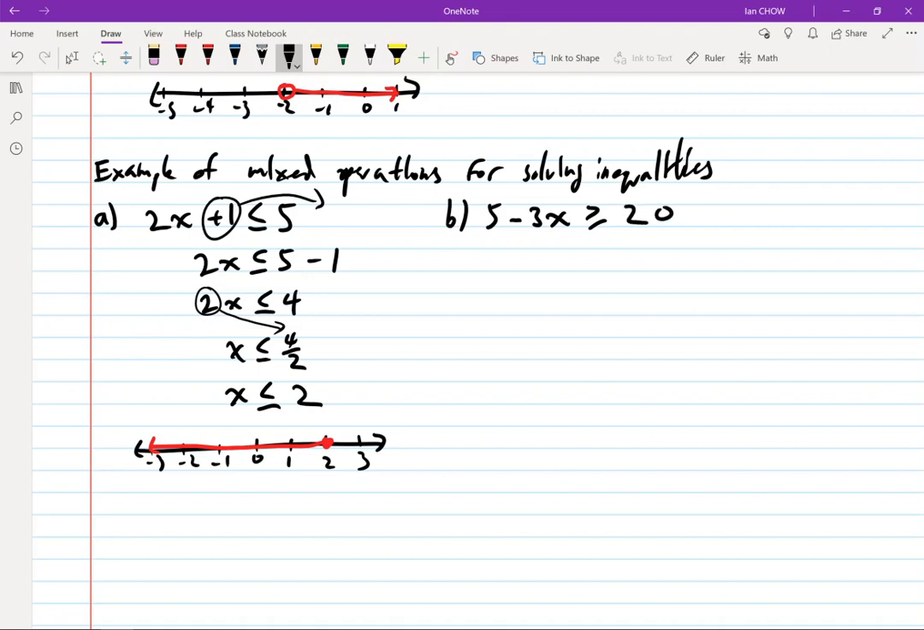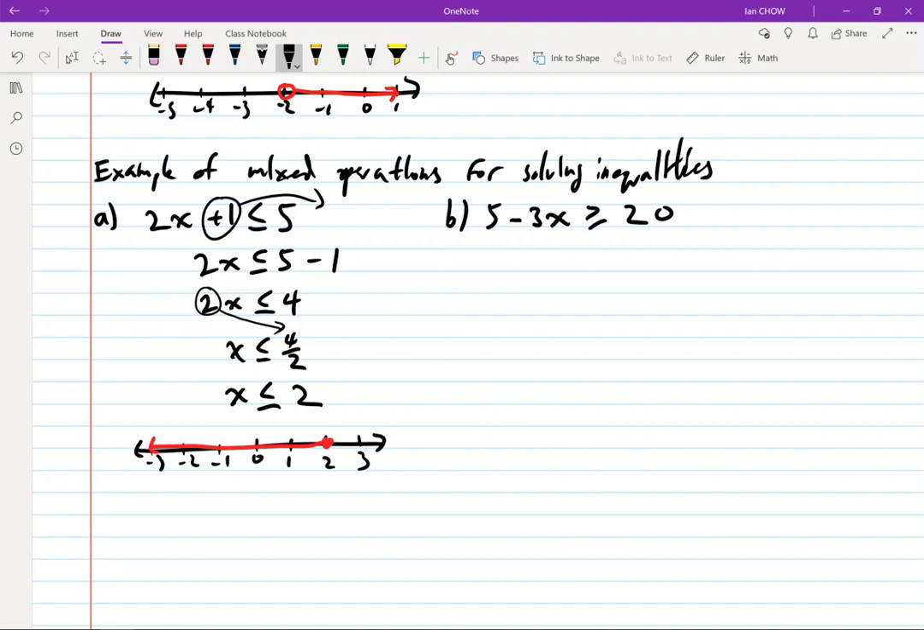Okay, so we have 5 minus 3x is greater than or equal to 20. Now, there is more than one way of doing this. You don't have to solve it by one particular way. I'm just going to tell you for now that there are 2 different ways that I'm going to show you how to do this. Now, the first way is I can see that there's a 5 and a 3x,